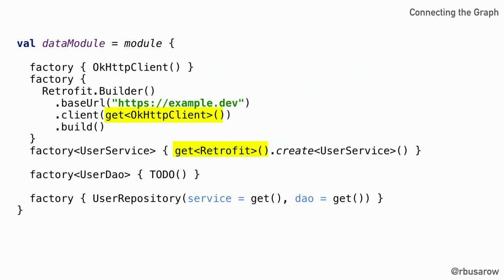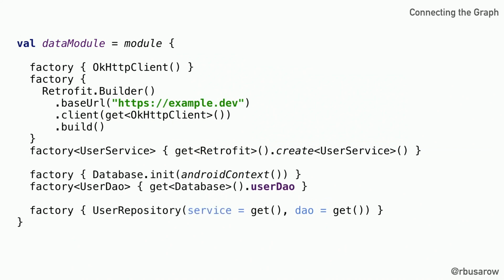And here's what that is for the user service, right? We needed that retrofit instance and the OkHttp client. And 2 things to point out about this. For the retrofit instance, we're using get not in the constructor, but in this client function in the builder. Doesn't matter because get is not magic. It's just an inline reified function which works everywhere. And the second is for the user service, we're using get to access the instance of that retrofit instance without actually passing it at all. So it can be used just like a normal variable.